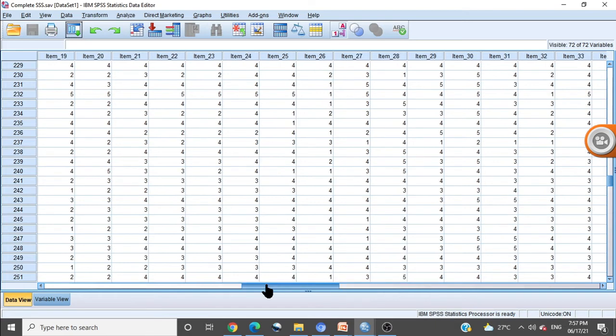Because split halves can be done only with a scale which has an even number of items. If it is an odd number of items, we cannot calculate split half or Cronbach alpha. So we have to ensure that the number of items in a questionnaire is even, then only use this method. Okay, so let us start how to do this.